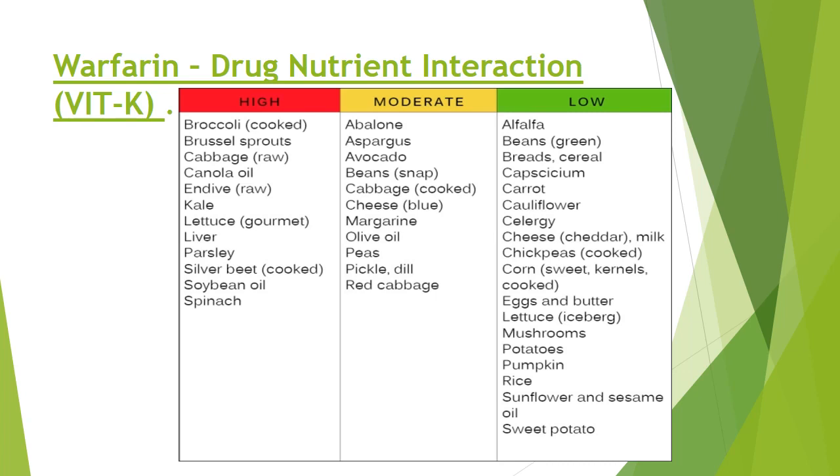In that case, I have listed high, moderate, and low. In case of high: broccoli, Brussels sprouts, cabbage, canola oil, lettuce, parsley, soybean oil, spinach. This is the high list. Moderate is asparagus, cheese, margarine, olive oil, peas, red cabbage, and low is alfalfa, beans,